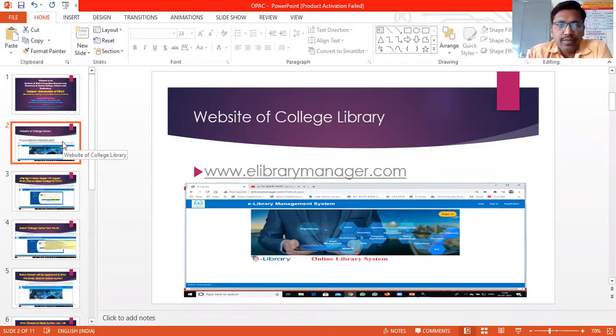integrated information system, that is www.elibrarymanager.com. This is our library website. In that website, the online library software is named e-library manager; you may also call it the e-library management system. The search criteria, we are going to understand that. I will try my level best to teach you how to operate OPAC through